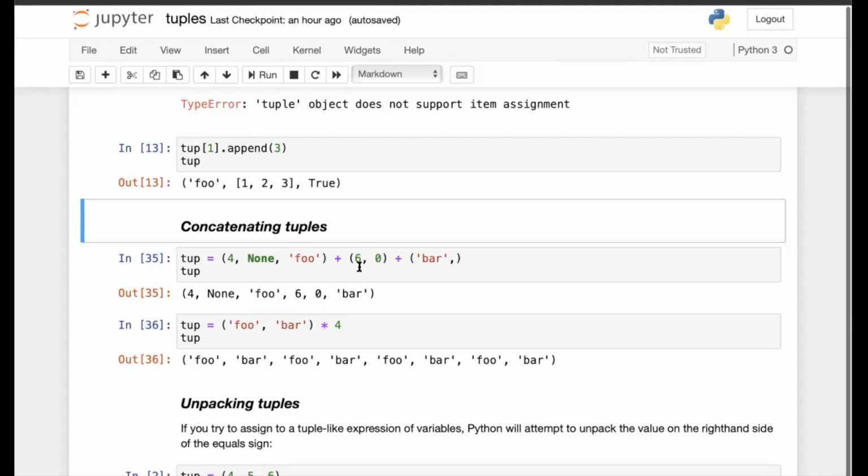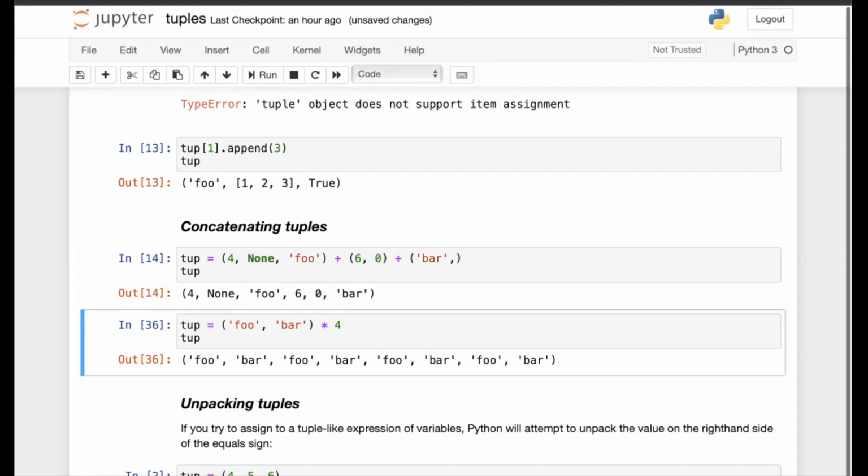It is not that any tuple would change or be modified because tuples are immutable. So a new tuple is created consisting of the items of these three individual tuples. So this is how it works.